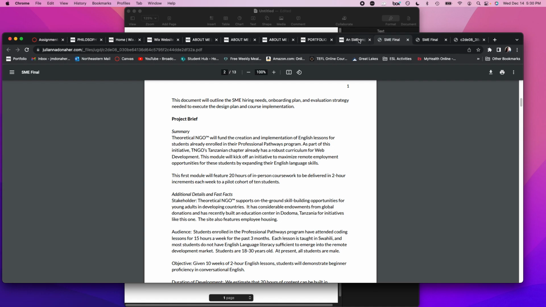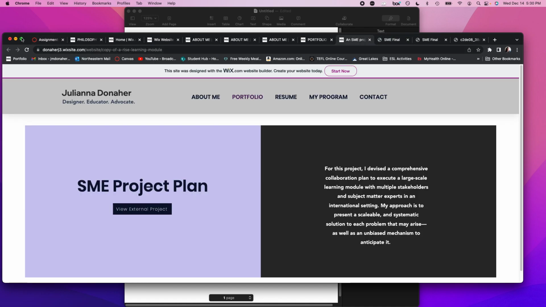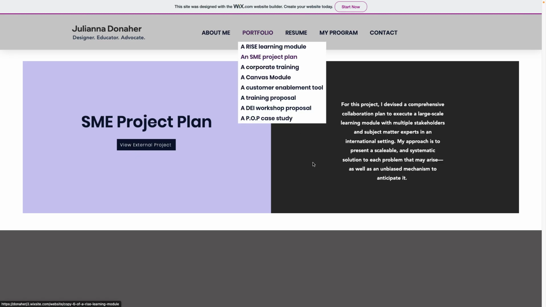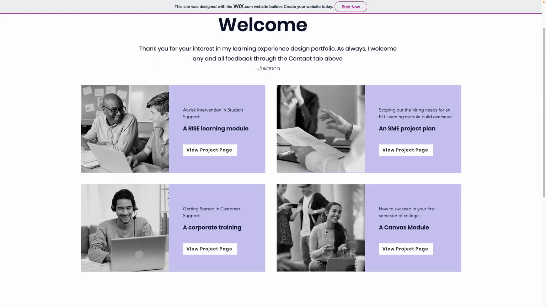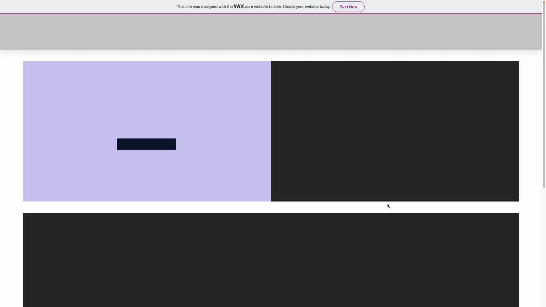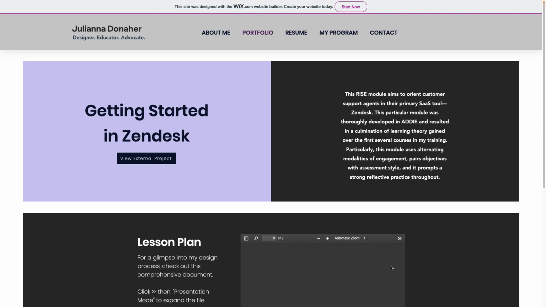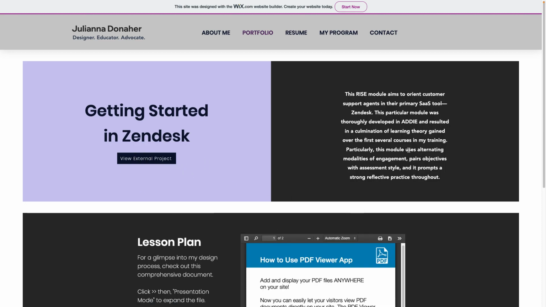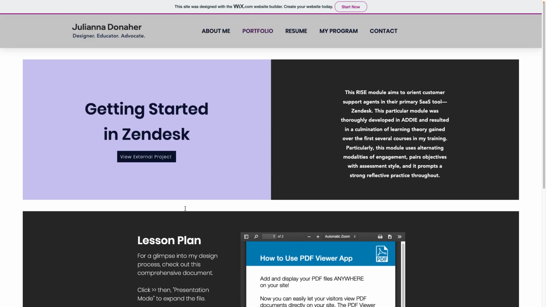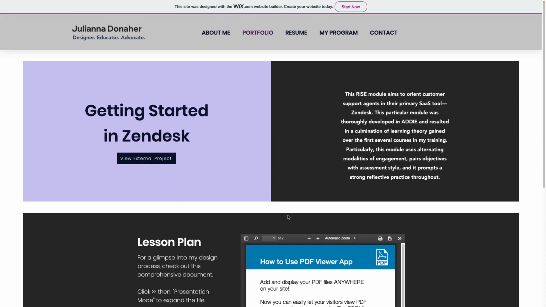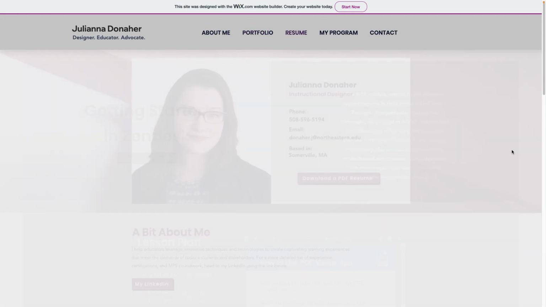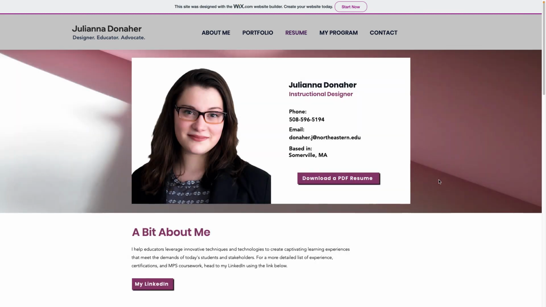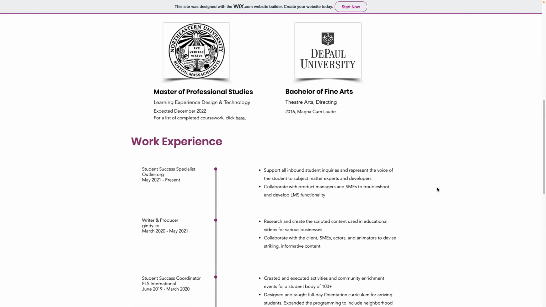And then if folks want to head to a module itself, they can go back to the portfolio and check out something like this. This one shares a lesson plan and goes to an external project. Lesson plan has to be re-added. That's fun. So the next tab I would go over to is the resume,